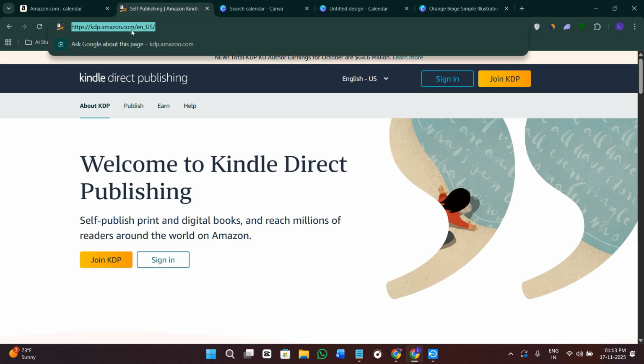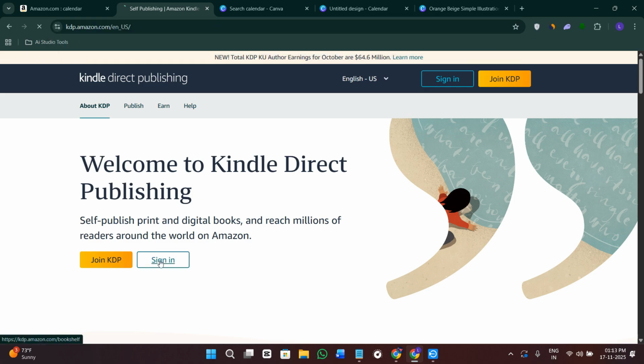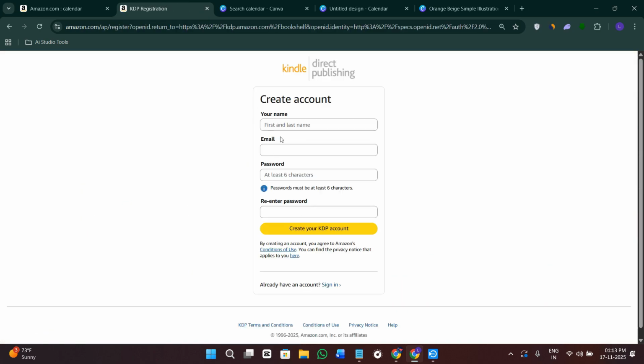Once you come to kdp.amazon.com, simply click on the option of join KDP. After that, you will have to provide your Amazon account credentials. If you don't have an account here, you can directly create one by providing your name, your email address and your password. Once you have your Amazon KDP account, you just have to upload the printable that you have downloaded in the form of PDF,